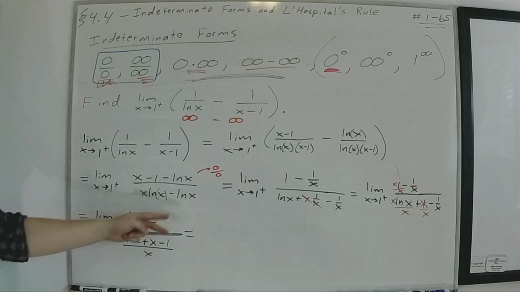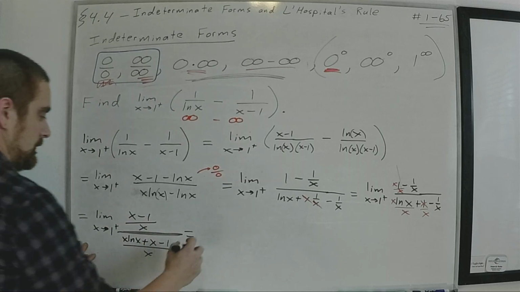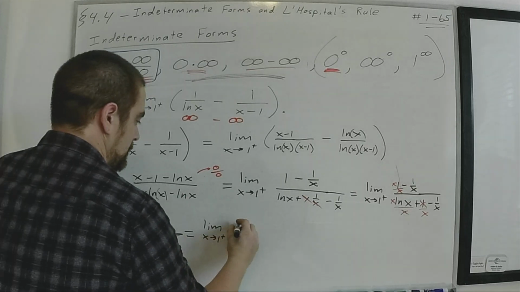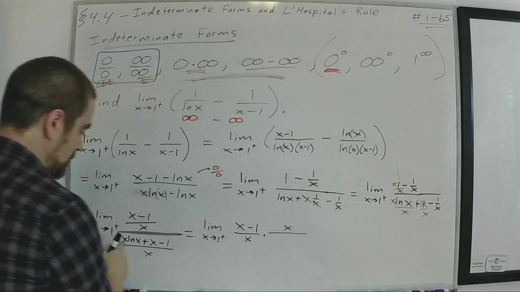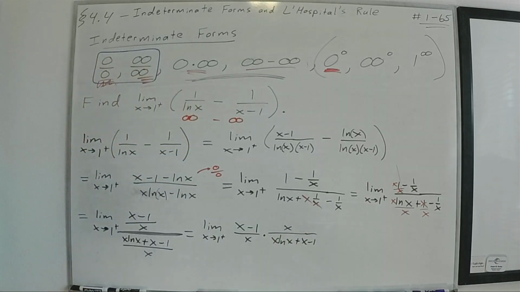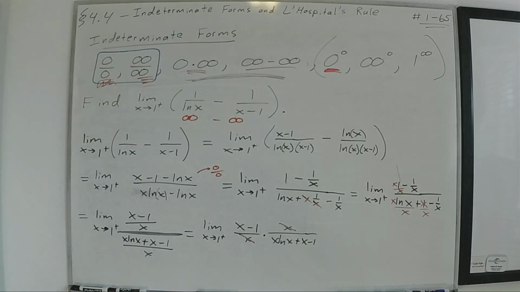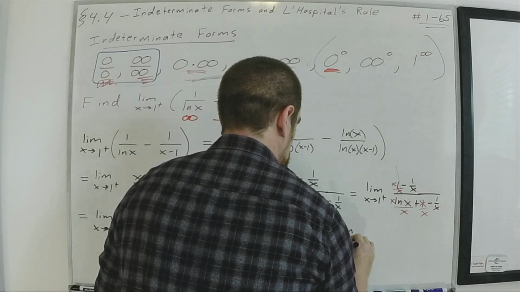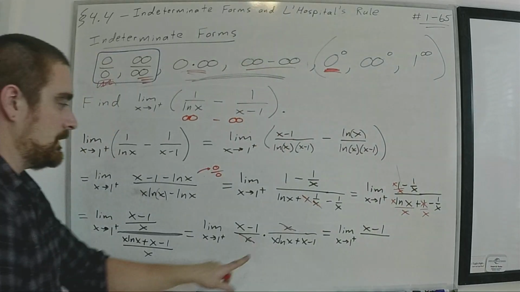Now we'll multiply by the reciprocal. I don't like this complicated expression, so I'm going to multiply by the reciprocal and have the limit as x goes to 1 from the right of x minus 1 over x multiplied by x over x log x plus x minus 1. Cancel these out. So now I'm looking at the limit as x goes to 1 from the right of x minus 1 over x log x